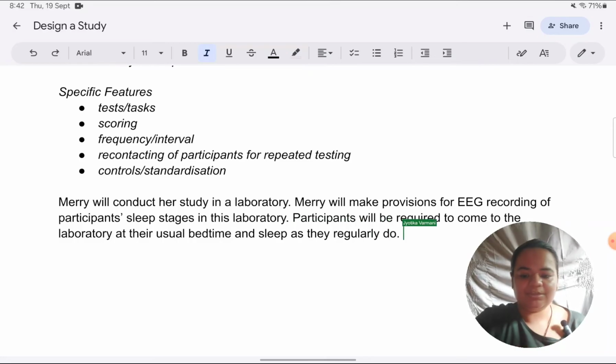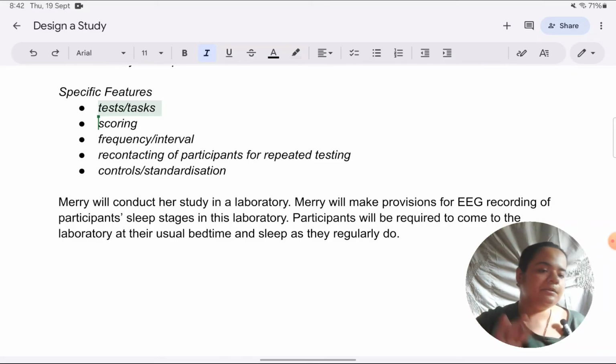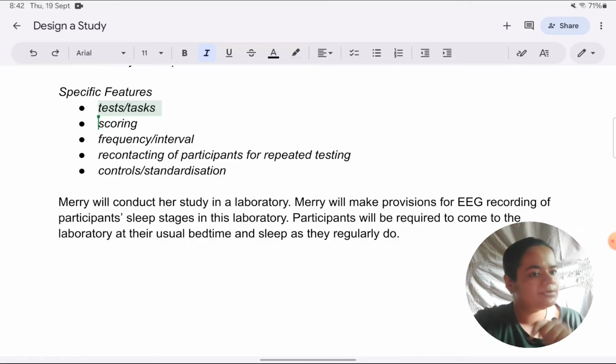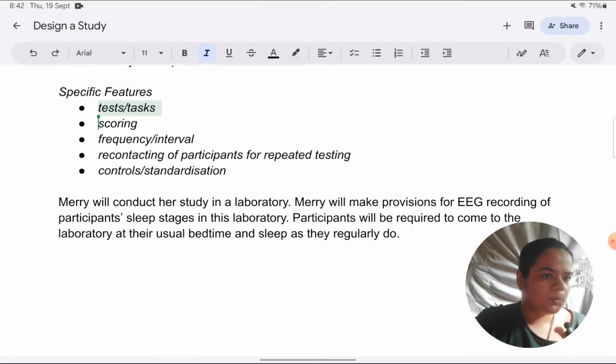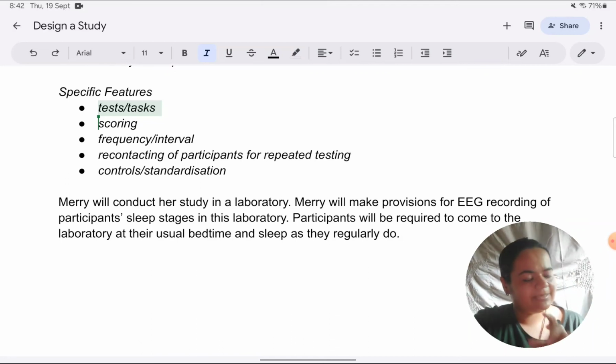So here, which feature I'm covering, I would just like to reiterate the tests or task features I'm covering. One more thing is students will say, do we need to specify this is the test, this is the task? Do we need to point out the specific features explicitly in the answer? No. It's understood. When you're writing the sentence, the examiner reads it and understands, makes a mark that yes, this student has covered the tests and tasks in the study. So you don't need to use the words tests and tasks in your answer as such.